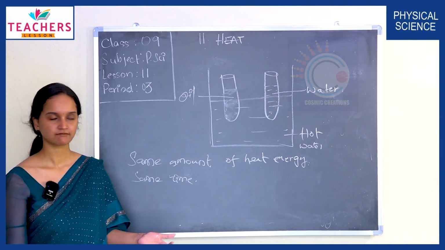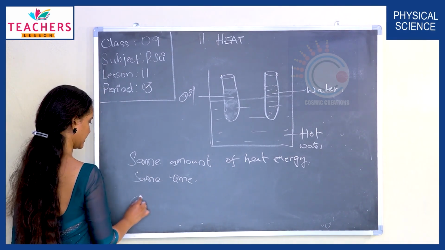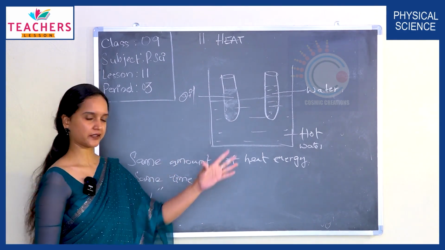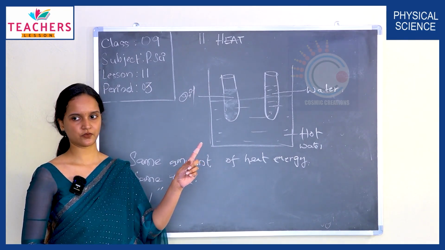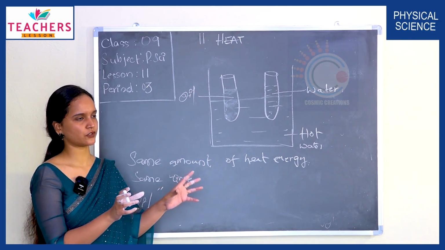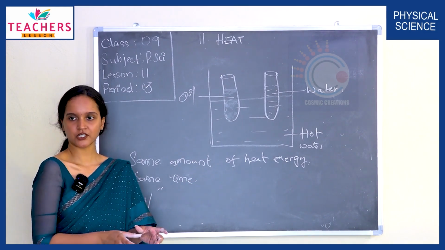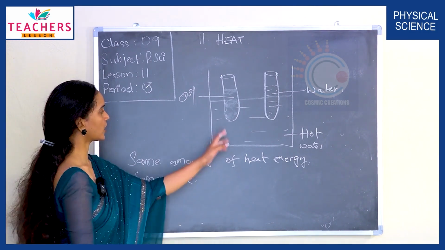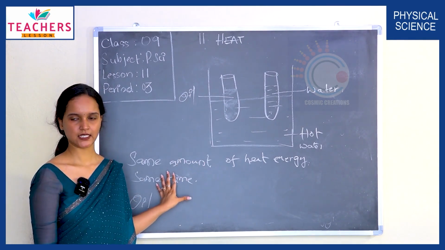What do you think? Oil or water? Oil, correct? Yes. Oil would be at more temperature. Oil would be hotter, right? This is similar to the experiment that we discussed in the first session, wherein we had metal and wooden pieces. We put both these pieces for the same amount of time in the refrigerator. The conditions are basically the same, but metal is colder. Similarly here, oil would be hotter. The temperature of oil is higher than water in this case.